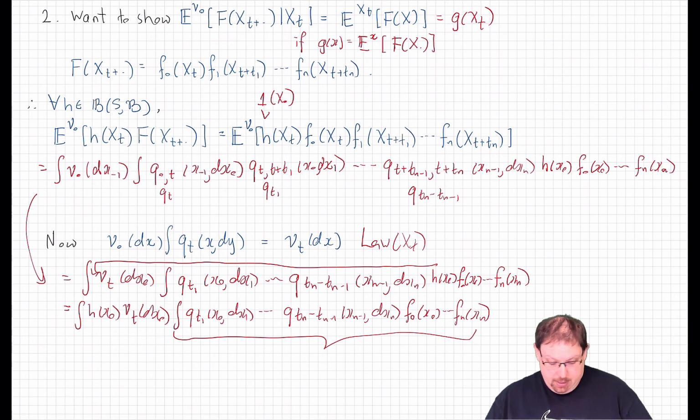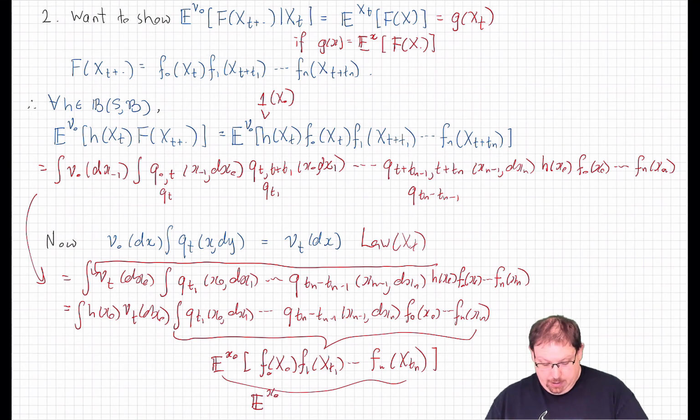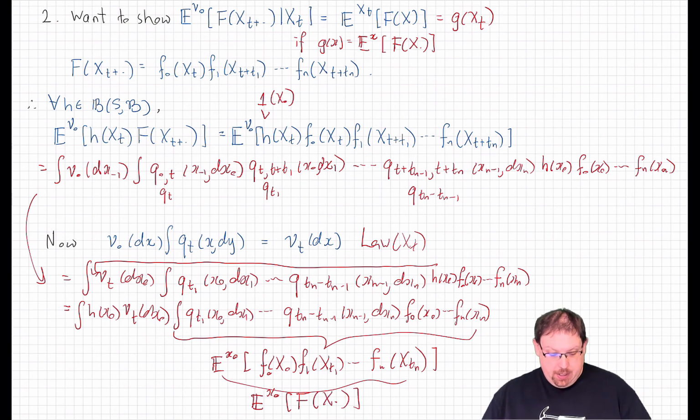In fact, because what we have here is exactly the regular unconditioned expectation at starting initial distribution point mass at x naught of the function f naught at x naught, f1 at xt1, up to fn at xtn. That is to say, this whole part here is the expected value starting at the unknown point, x naught, of the function capital F at the process x. So altogether, what that shows is that this integral here can be written as the integral of this test function